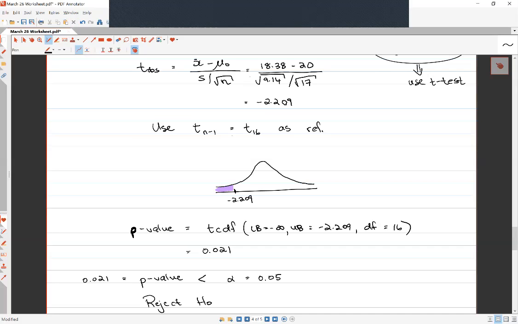What does that tell us about Fort Worth? Well, it means the sample is not consistent with the null hypothesis. This is actually what the City Council is hoping to find. The sample is showing us there is evidence that Fort Worth homes use less water, right? The average consumption is 18.38 gallons,